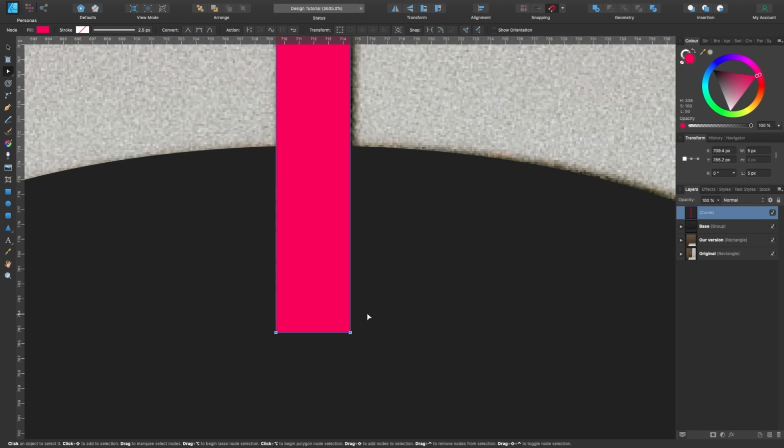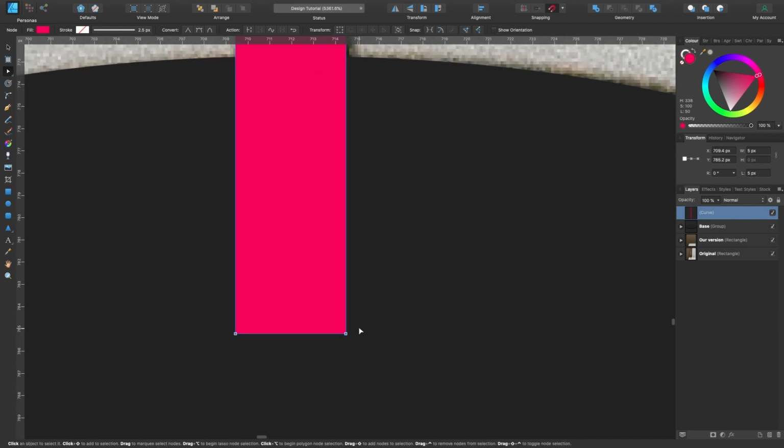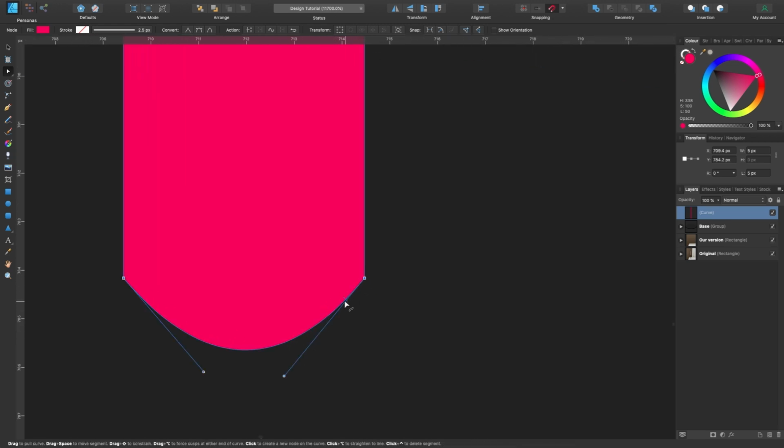Now we can start playing around with the nodes. So I've pressed A, the node tool, and I'm just going to click and drag it up a little bit. And I will click and drag that out whilst keeping hold of Shift. So you see it kind of goes like that, ended around here, estimated. And I don't want it to end kind of like that. That doesn't look like a round pole to me. So I'll just click and drag that out like so.